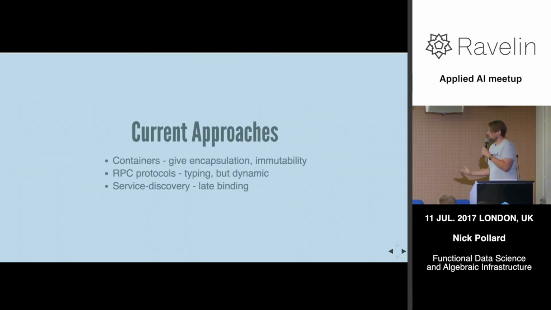So right now, various people and companies and teams in the infrastructure space are looking at little bits of this problem. Containers are very big right now. Docker, Rocket, things like that. It gives you a rudimentary form of encapsulation. We put things in a container and we limit the way that it can talk to the outside world. Containers normally are immutable. This is another great part of functional programming. And the immutability of a container is great because we start to creep towards that referential transparency. If I start the same container again later, I'm starting the same code. The file system is the same. Hopefully, it's going to do the same thing.